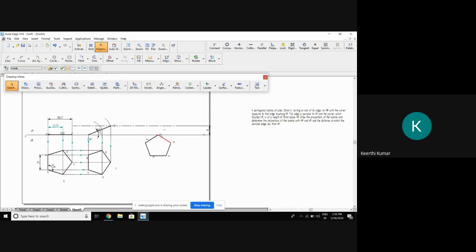See, the corner touches the side opposite to the corner on which it rests. The corner opposite to the side on which it rests touches VP. So once you know that, go for the line, projection line. Take the projection line from A, B, all the projections I have taken. Take this horizontal projection. Connect that properly. A to B, B to C, you'll get a thick line.